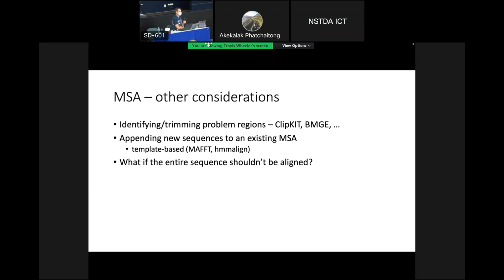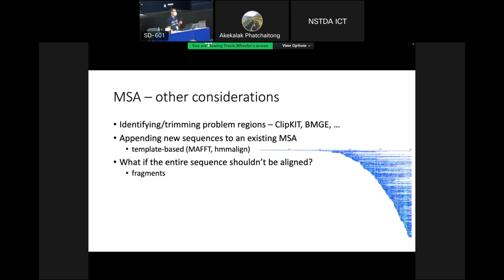There are situations in which perhaps the entire sequences shouldn't be aligned. That's a poorly worded bullet, so let me give you a couple of specific examples. One of them is if the collection of sequences that you've been given are all fragments of what the full length element looks like. This doesn't normally happen if you're dealing with protein sequences, but if you're dealing